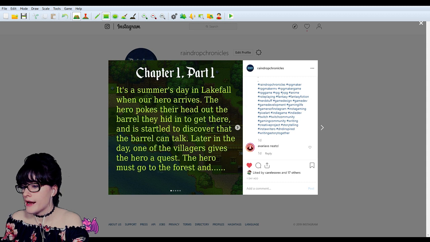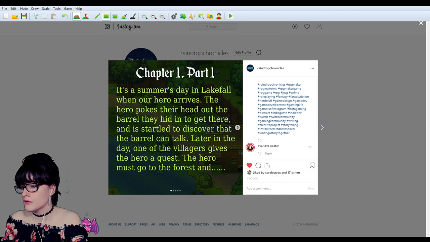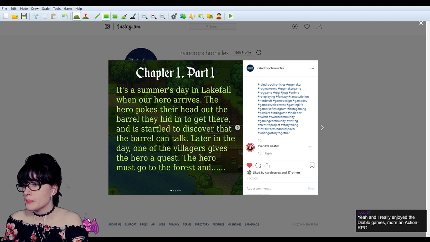But I'll put it in chat once I've done it. Now with my bot, I like to make it a pretty colour. I like to make the text pink. So